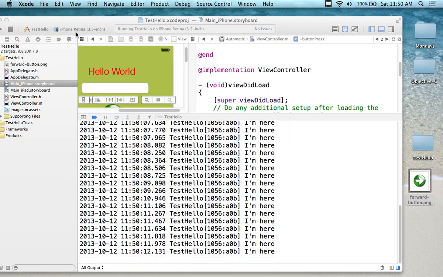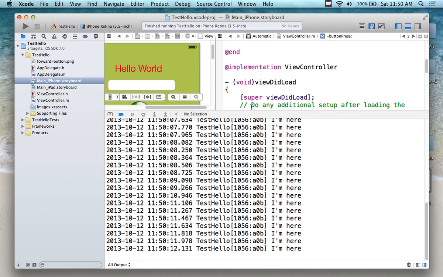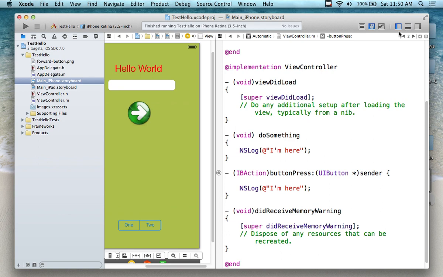So I'm going to close the simulator a little bit. You can actually leave the simulator running if you wanted to. I'm going to get rid of the bottom window and come back to my code. Let's just have something more exciting happen here. Let's change the label. In order to change the label, we have to make a local reference of the label. Just like we created this IBAction method associated with the button, we have to create the existence of the label in the code. So if we switch back to the .h file,